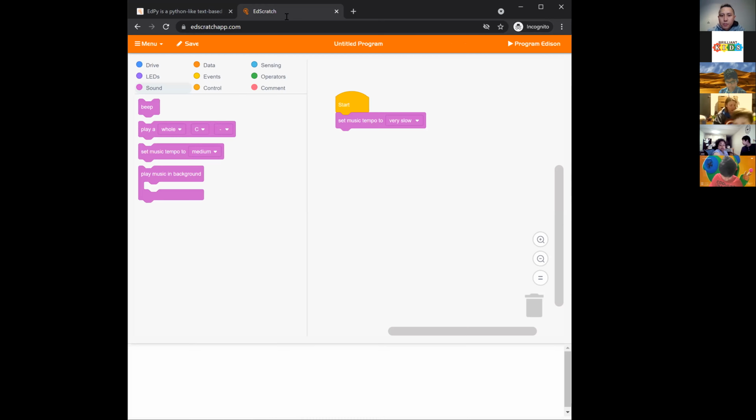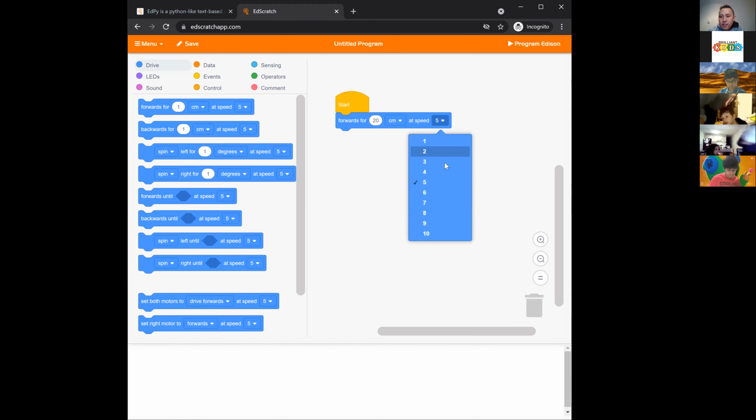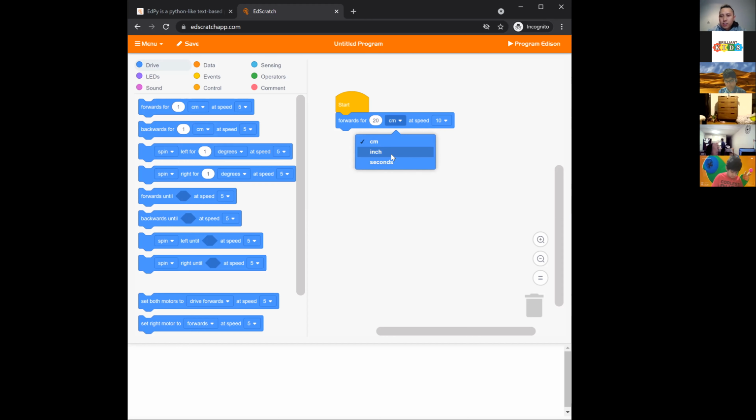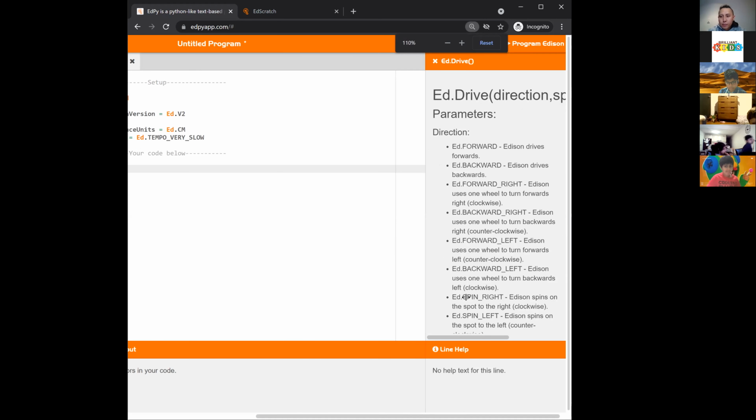Similar to what we've done here, we set the parameters, like say 20 centimeters at speed 10, centimeters, inch or seconds, that kind of thing. We set these particular parameters here, but now we have to manually type it in.